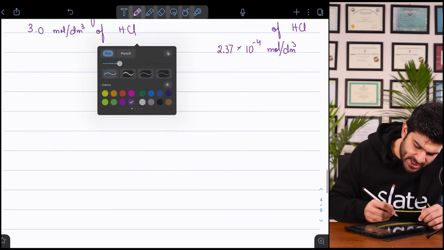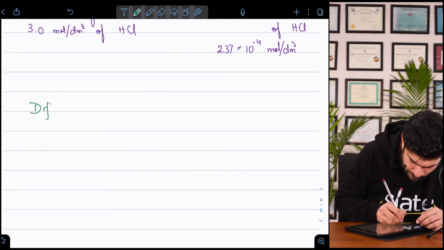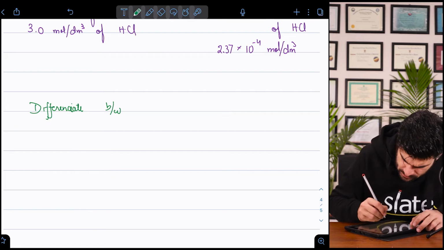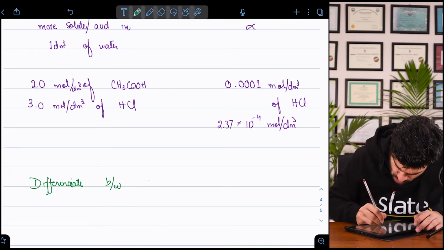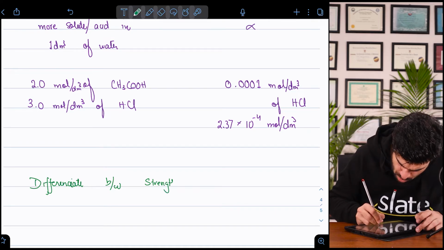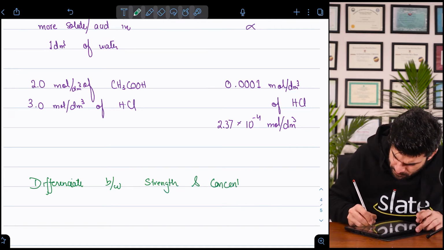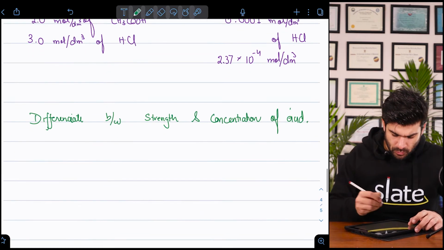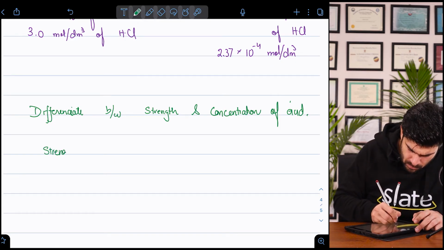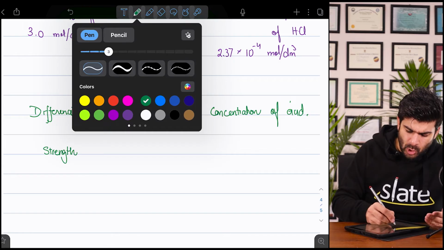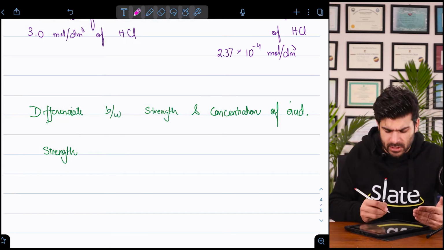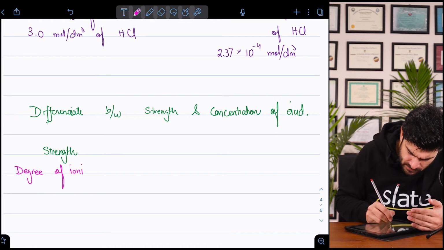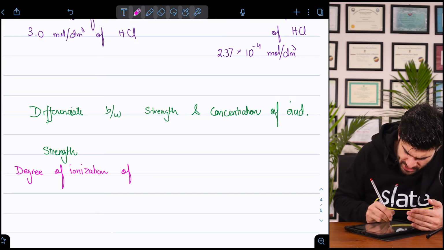So if they ask you in the exam, differentiate between strength and concentration of acid. So for strength, we know, what is strength? We talked about either it completely ionizes or partially ionizes. So strength is the degree of ionization of acid,